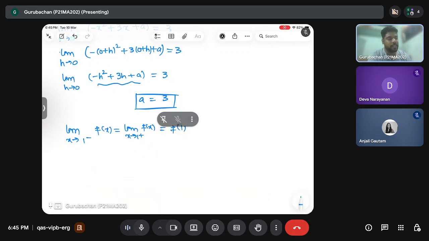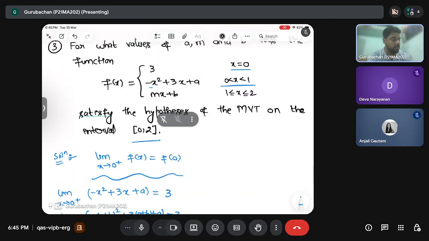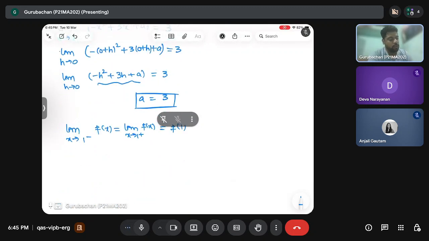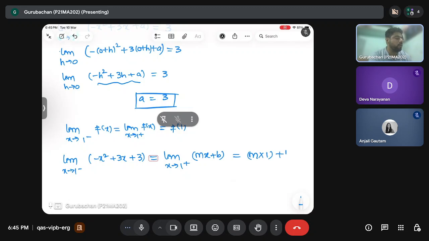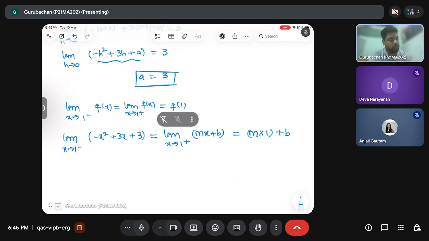So limit x tends to 1 minus, that means we need to apply here, and x tends to 1 plus, we have to apply here, and x equal to 1 means we can substitute here. So limit x tends to 1 minus x square plus 3x. Now we know that the value of a is 3, and limit x tends to 1 plus, the function was mx plus b, and at x equal to 1, this is m plus b. So from here,